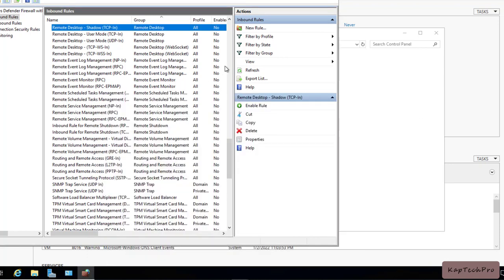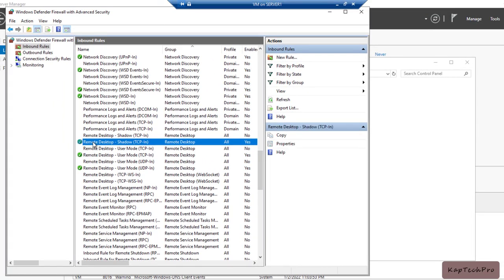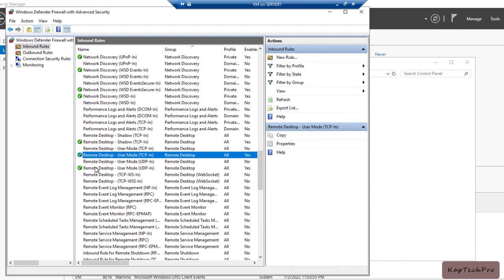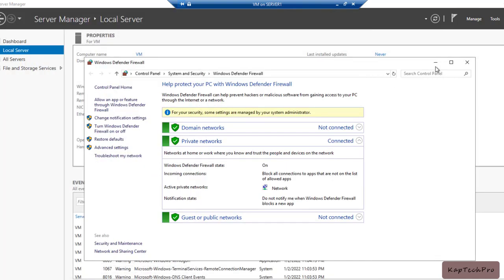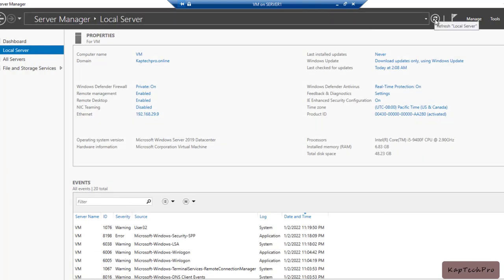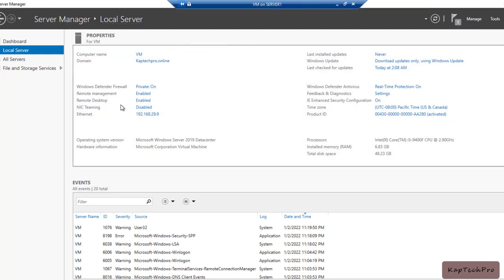Now I will close my command prompt and click on refresh, and you can see my 3 rules which I enabled in group policy are successfully applied on my virtual machine. Let me minimize it. And now if I refresh my server manager, you can see my remote desktop status is now enabled.